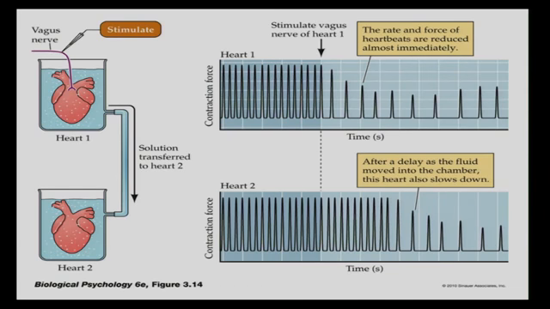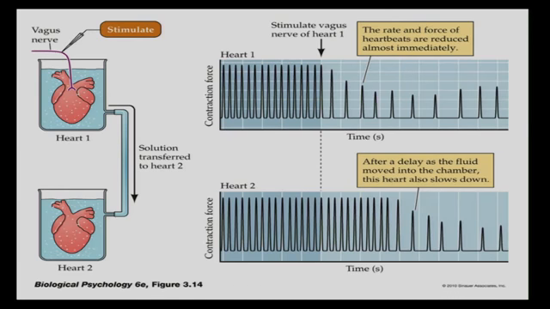And what he did is they knew that when they stimulated the vagus nerve, and you looked at the contractions of the heart, the contractions get really slow. The rate and force of heartbeats are reduced almost immediately. So they could do this, they knew that was happening, but they didn't know exactly how it was happening. So here was Otto's experimental design. He dissolved the heart in